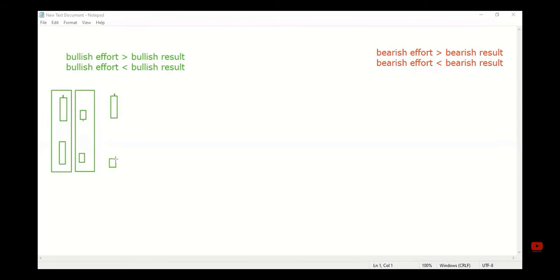volume now this one, and candlestick this one, candle, and volume this one. So now if we compare these two candlesticks and these two volumes, what happened here? Bullish effort, this is a bullish candle, and its effort is this volume. So bullish effort is greater, large here, than the bullish result. So the first term is applicable here. So our first term, this one,